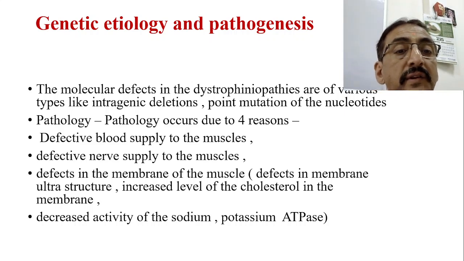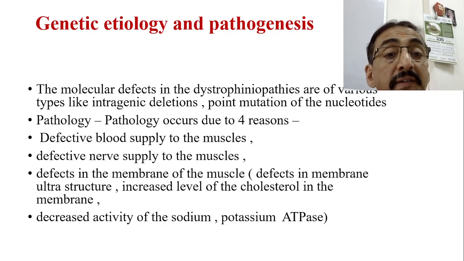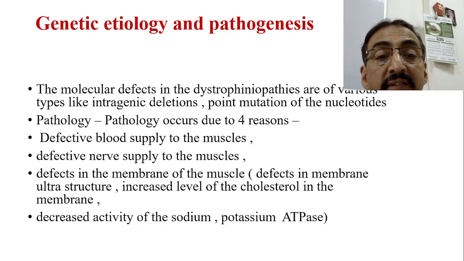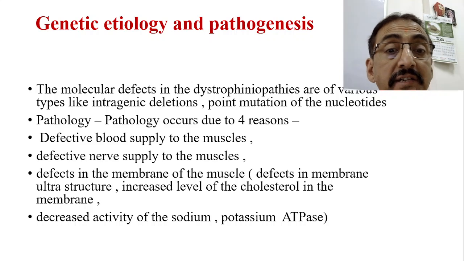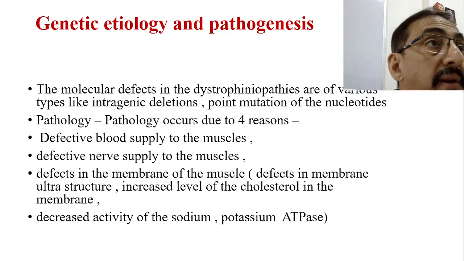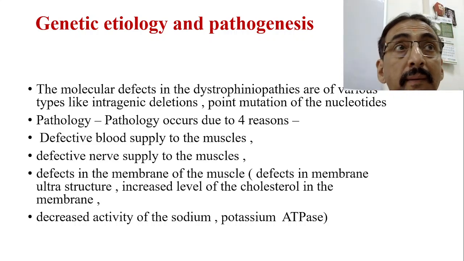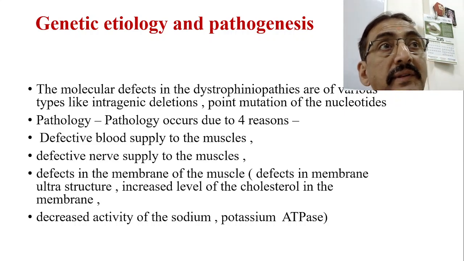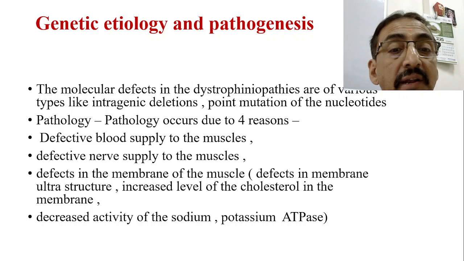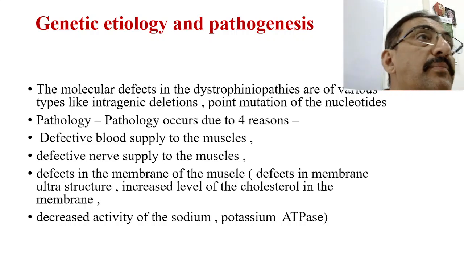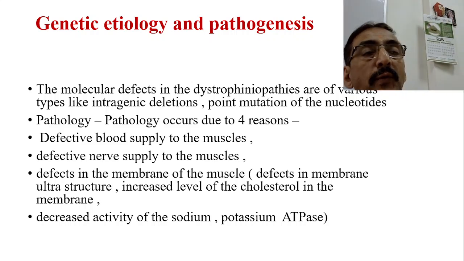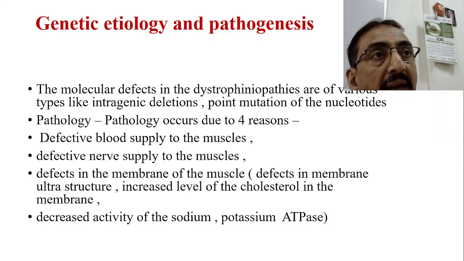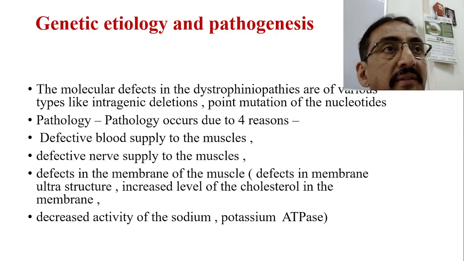So there is a defect in the nerve supply to the muscles, and defects in the membrane of the muscle, in the ultrastructure, where an increased level of cholesterol in the membrane will be there. So membrane stability is affected. And lastly, because of the absence of this protein, there is decreased activity of the sodium potassium ATPase pump. So these are the four reasons why the muscle is badly affected because of absent or abnormal